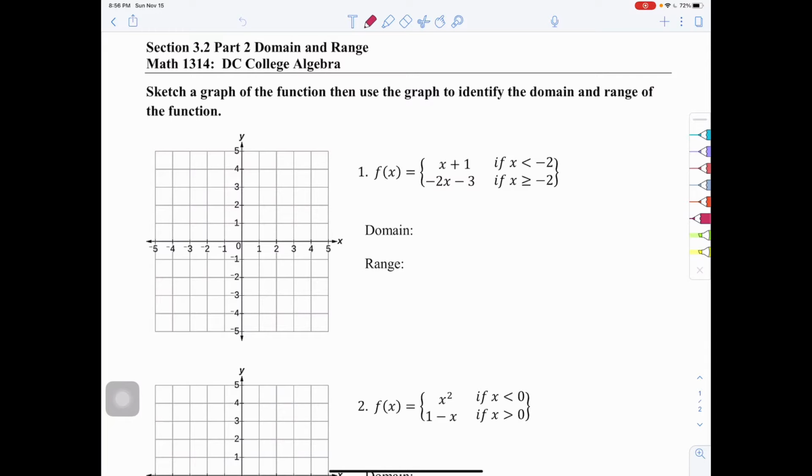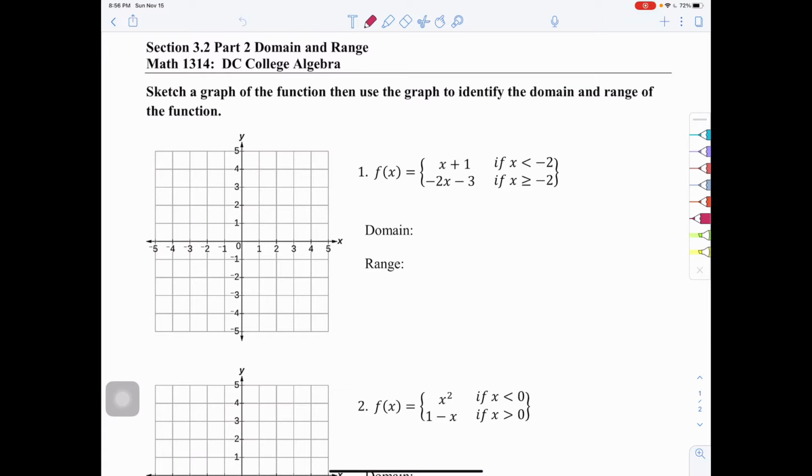This is class lesson 3.2, part 2, domain and range. We are going to be sketching the graph of a function and then using that graph to identify the domain and range of the function. So a lot of different ways you can do this. We're going to do it by just plotting a few points and then taking a look at what this graph